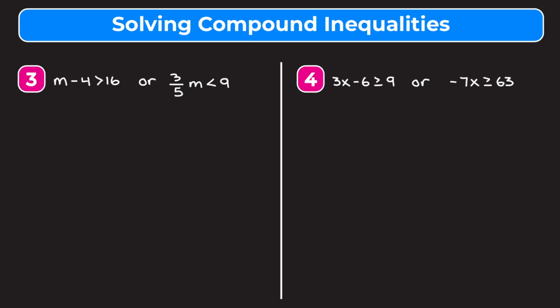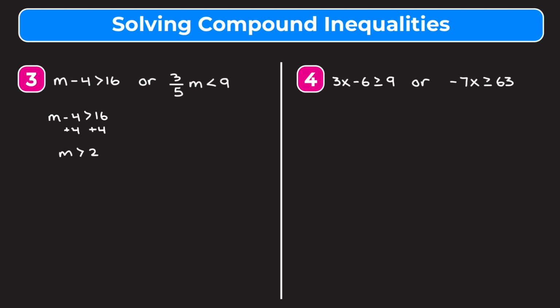So we're just going to solve these as two separate inequalities, and then we'll graph our solutions on one number line. So if we take a look at example 3, we have m minus 4 is greater than 16, or 3/5 of m is less than 9. So let's start by solving m minus 4 is greater than 16. We're going to solve this by adding 4 to both sides of our inequality to get that m is greater